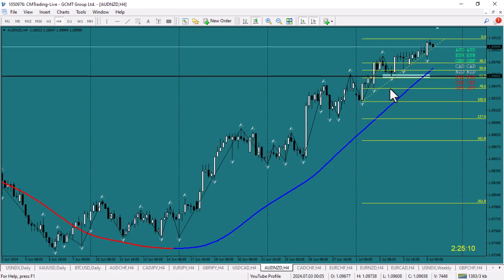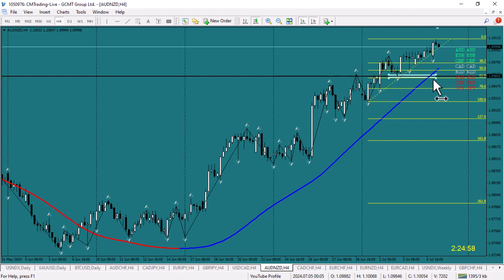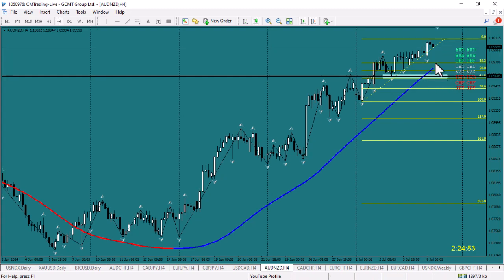Aussie New Zealand, same as yesterday. Nice big swing. Retest back to 61% level, right at structure here. Aussie green zone, New Zealand quite neutral. I'm after the Aussie long. So if it retraces and I'm lucky enough to get back there, once it gets here, I'll see how the bulls respond, and then I'll take a trade if I get a candle reversal.